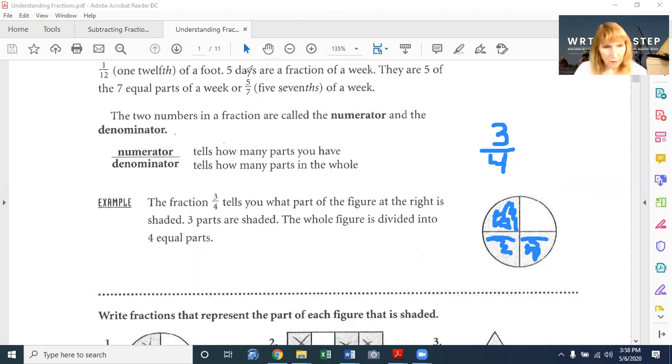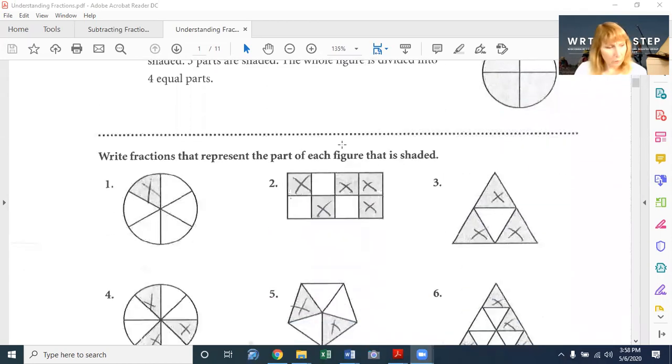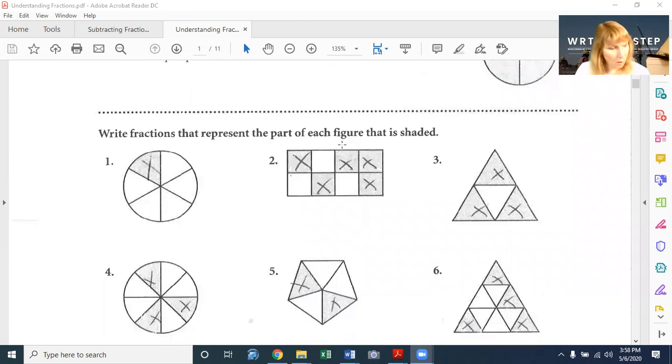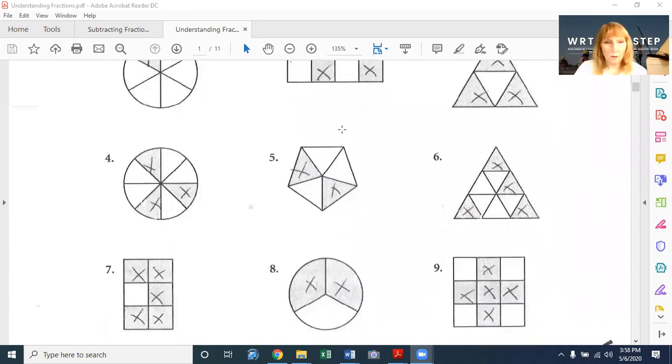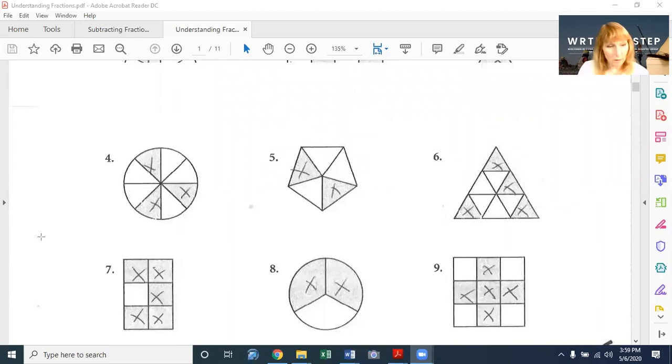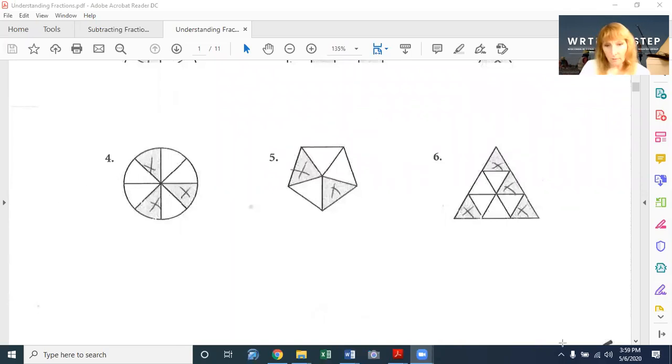So let's take a look at a few below that. And I'd like to look at number 4. Let's look at row 4. So let's close out and cover up all these other things that can be distractions for our visual learning on a computer. Let's cover these up as best we can and just have that open. Okay. So now let's look at number 4 and see if we can tell what fractional part of that circle